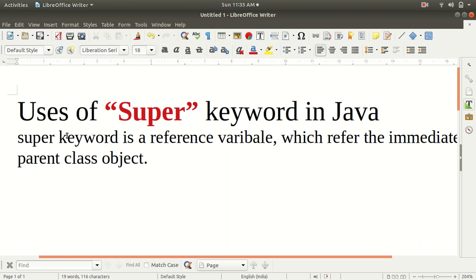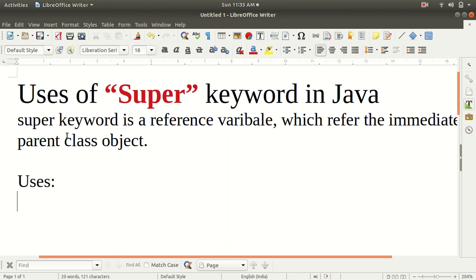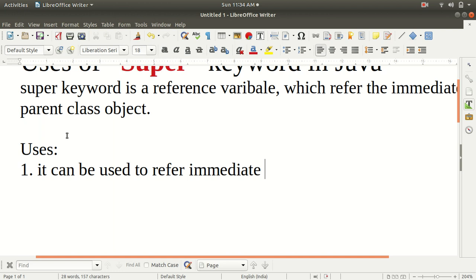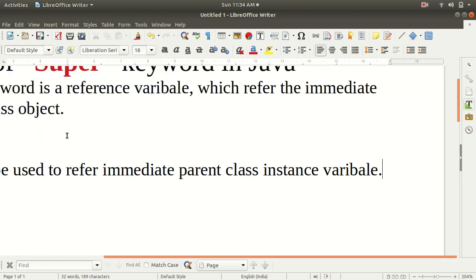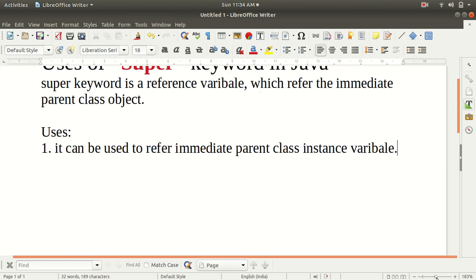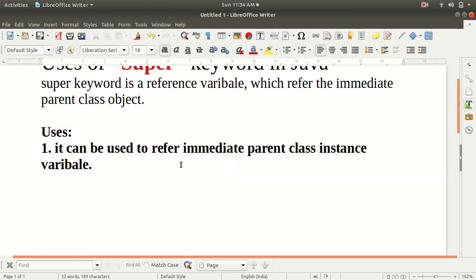The first use of the super keyword is that it can be used to refer to the immediate parent class instance variable.